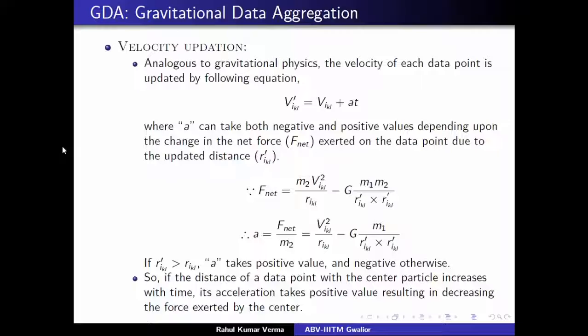As you know, if a particle is accelerated, then it can fly off from the orbit. And if the speed is decreased, it's going to come towards the center. So depending on the speed of the particle, the inclusion or flying off from the orbit is decided. If a data point is more redundant, it's going to come into the center, and if it is not redundant, it's going to fly off the orbit. So this is how we are differentiating between the redundant and the non-redundant data points.